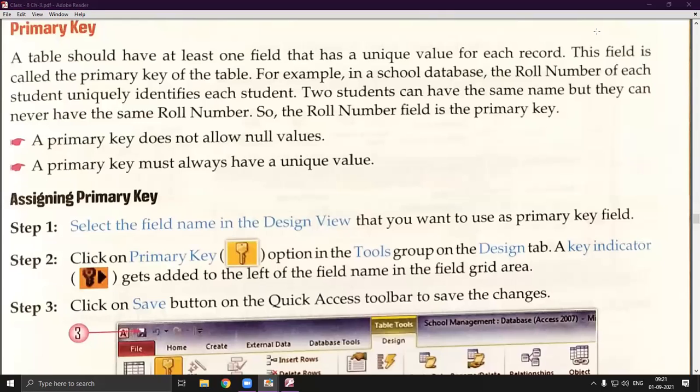So our next topic is primary key. The very interesting topic is primary key. Why am I saying this? Students, just consider a very real life scenario. All of you have been assigned a scholar number when you filled the admission form. Okay, forget the scholar number. Everyone has been assigned a roll number.